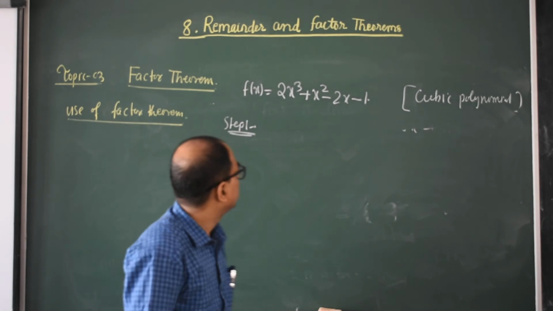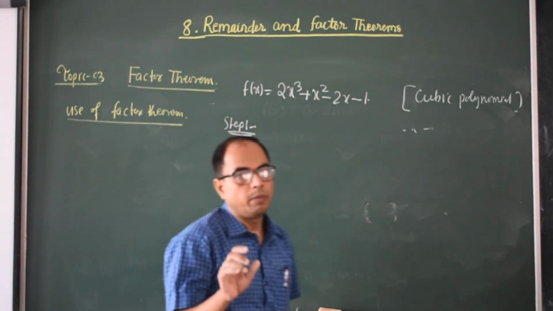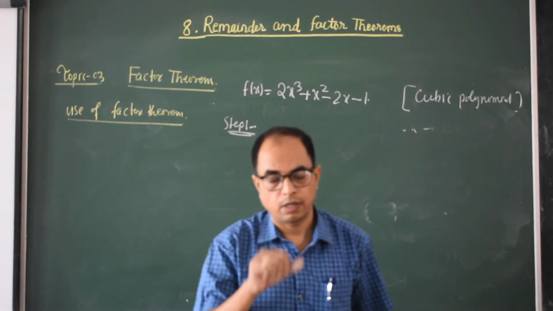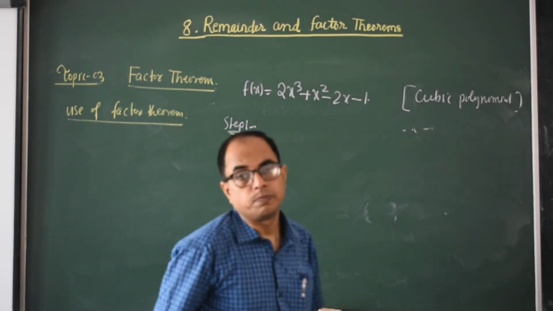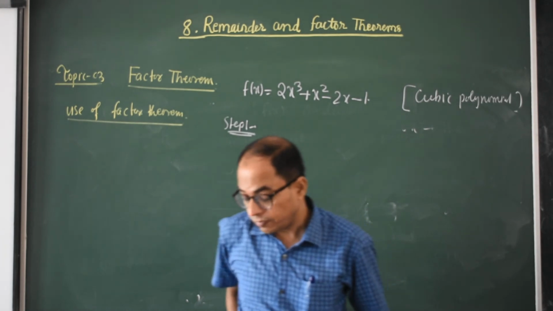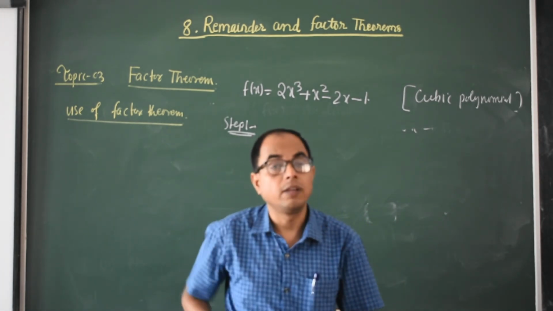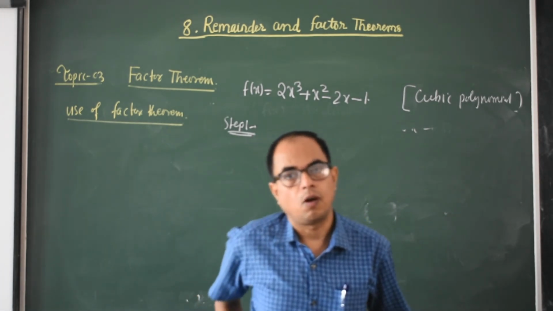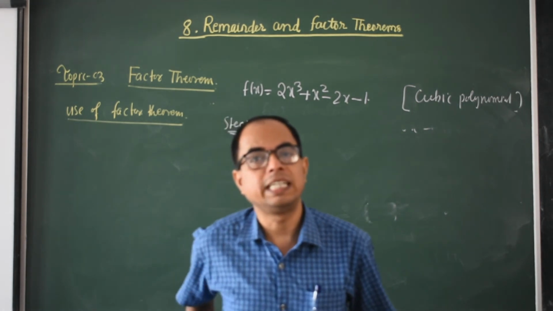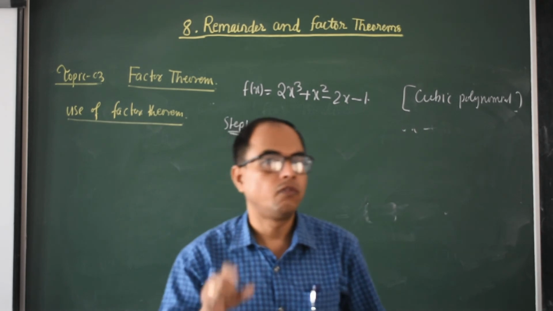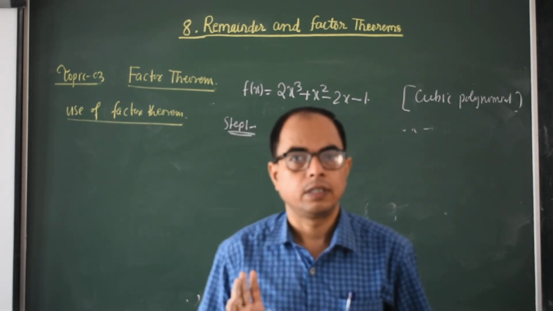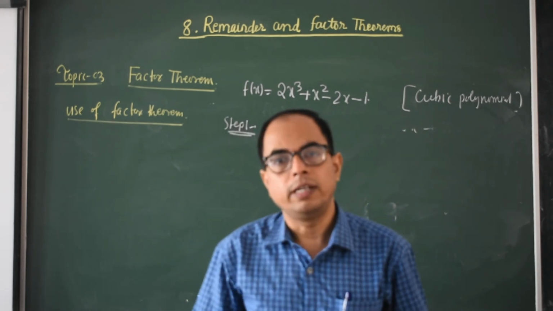Clear? So always the first factor will be very easy for you. In the question always the first factor will be easy for you. Why? Because there is no other option for finding the first factor. Always you have to find the first factor using hit and trial method. So definitely the question setter will give the first factor very easy, so that you can easily find it.